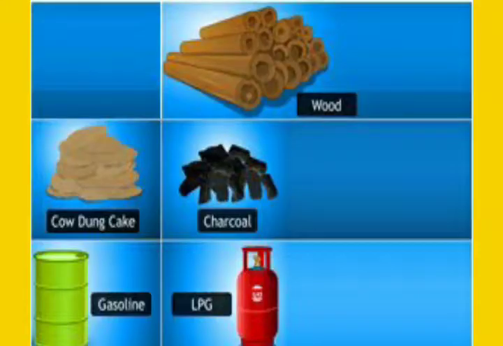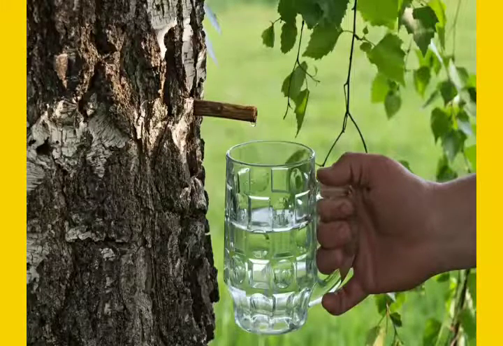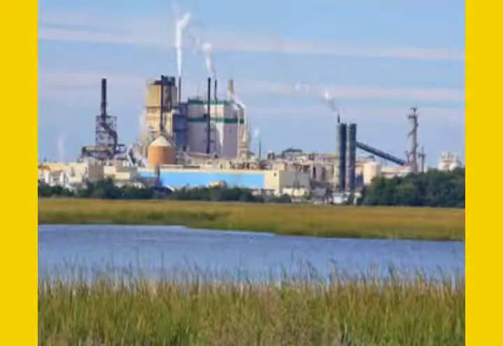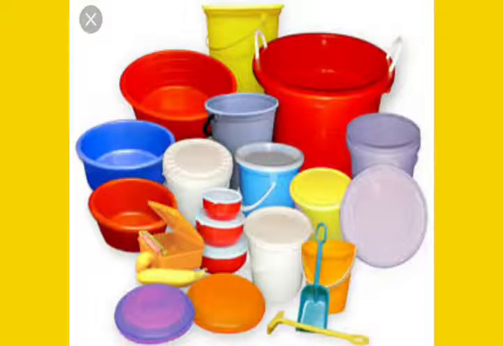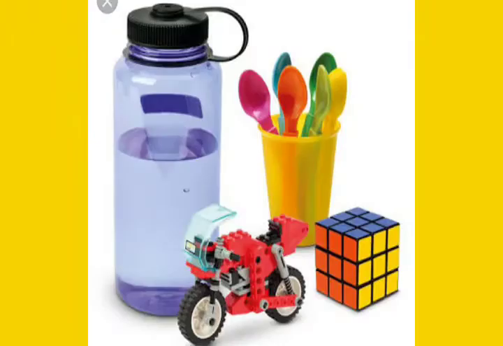Coal, wood and natural gas burn to produce lots of heat energy. Hence, they are used as fuels. Next is water. Water is considered to be a universal solvent. It carries dissolved substances around in blood in animals and as sap in plants. It is used to prepare solutions of medicinal and industrial importance. It has various other uses in our daily life. Next is plastic. Plastic is a non-conductor used as an insulator. There are different types of plastic materials used for making bags, shoes, balls, bats, tires, pipes, etc.